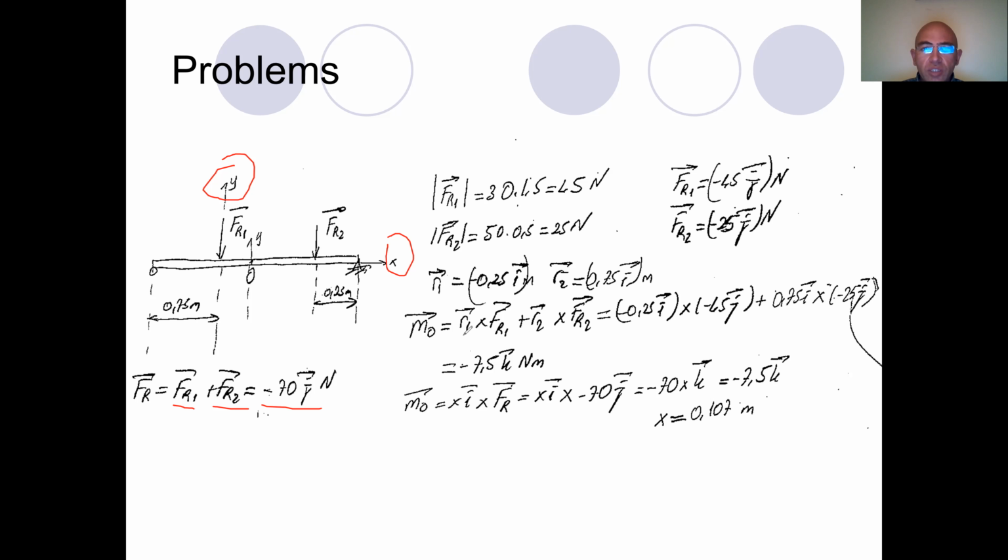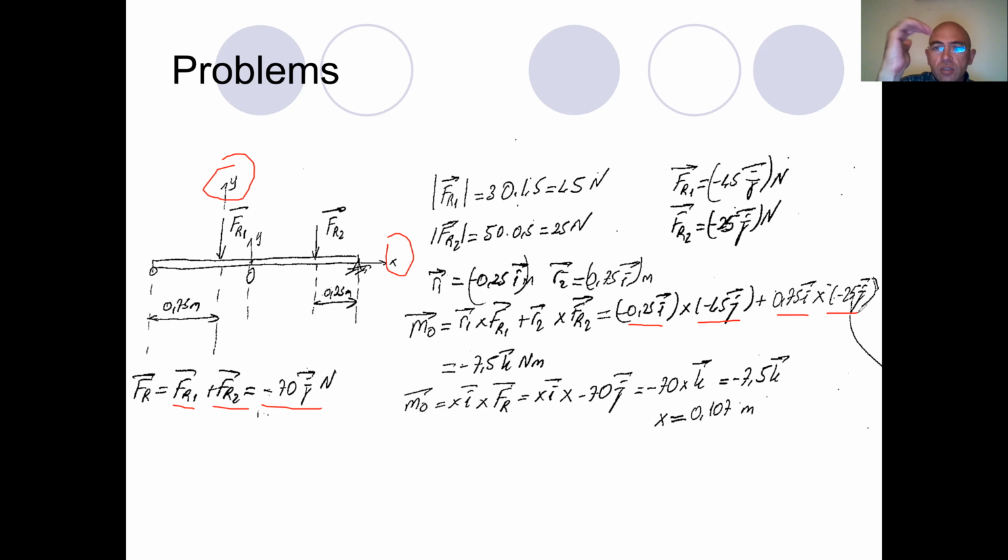Now the moment generated by FR1 is R1 vector product FR1, and the moment generated by FR2 is R2 vector product FR2. This basically means that minus 0.25 i multiplied by minus 45 j vector, and 0.75 i vector multiplied by minus 25 j vector. Now from i to j,